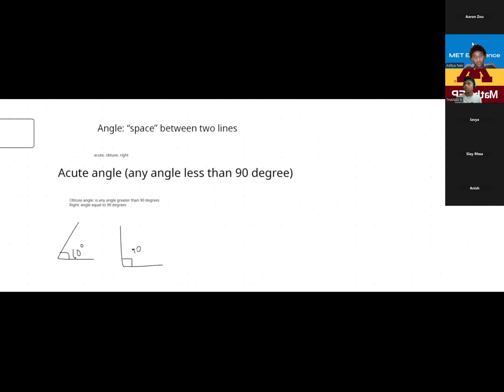All right, yeah, I will speed it up to the practice test. We'll start that in 2 minutes. And then obtuse is this, say like 120. So I'm sorry, class, we weren't able to get to all of angles, but we did cover the different angle types. Actually, we didn't cover parallel lines, but these are what the different angle types are. And we have to start the practice test soon, so I will hand that over to, I think it's Vishnu. You do that?